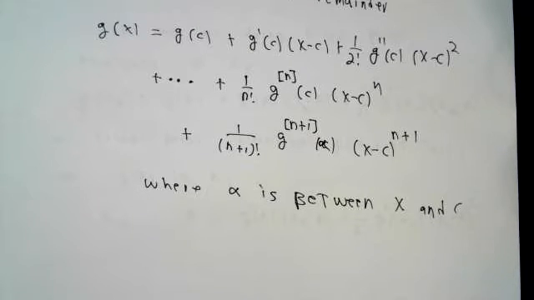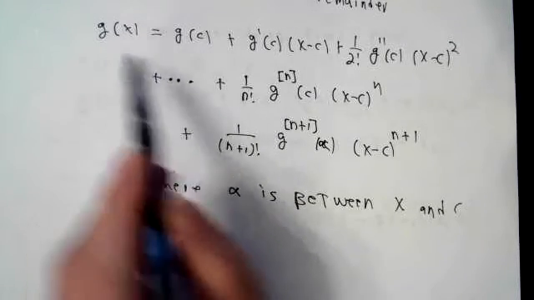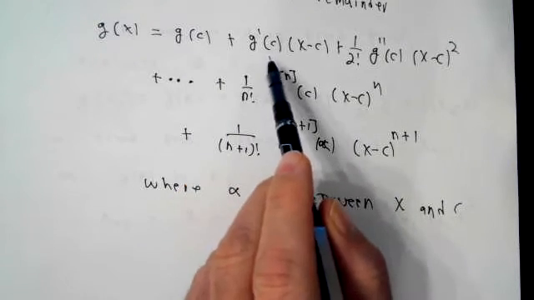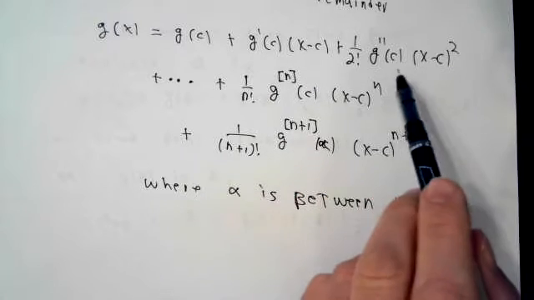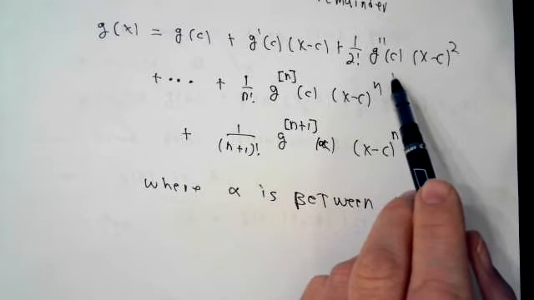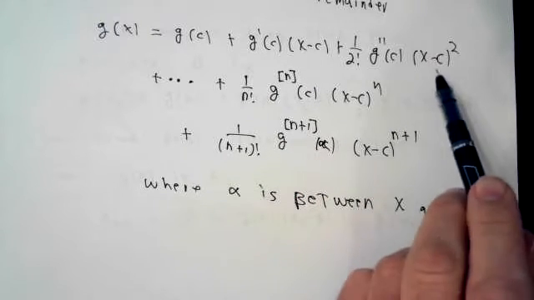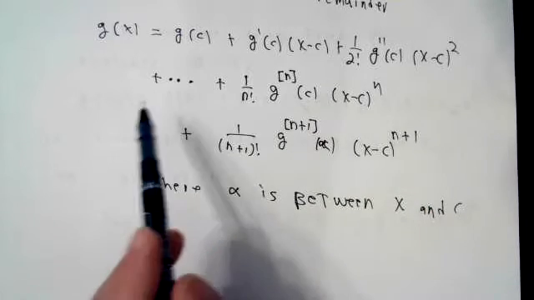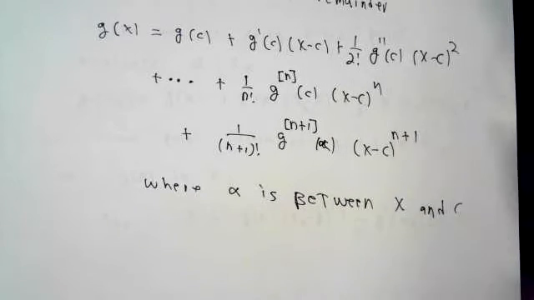We are all supposed to have had at least through calculus 2, so I'm just going to state Taylor's theorem with remainder here. If I have a function g which has continuous first through n plus first derivatives, then I can write g of x as g of c plus g prime of c times x minus c plus 1 over 2 factorial times the second derivative of g at c times x minus c squared, and so on and so forth,